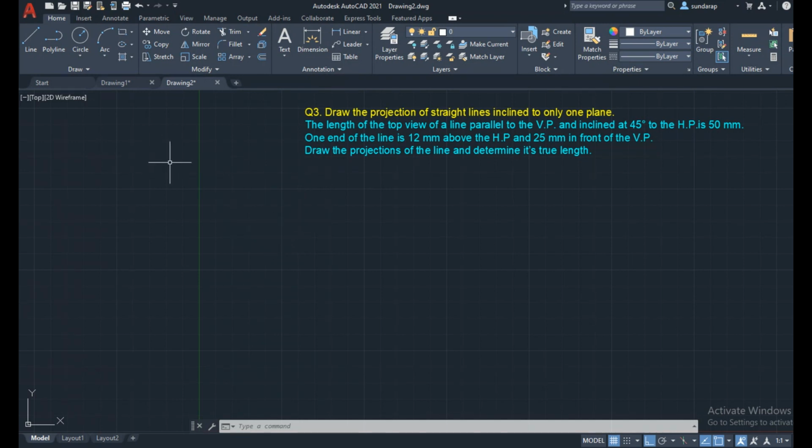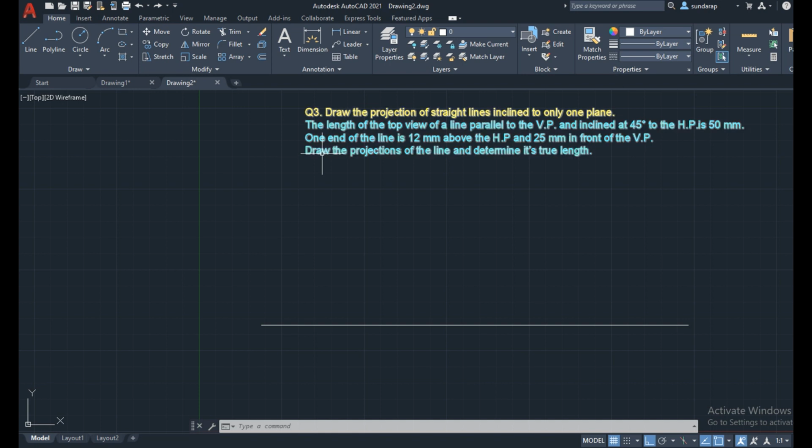As per the condition, we are making the orthographic projection of the straight line. You can draw the XY line as per the condition of the problem: one end of the line is 12 mm above the HP and 25 mm in front of the VP.